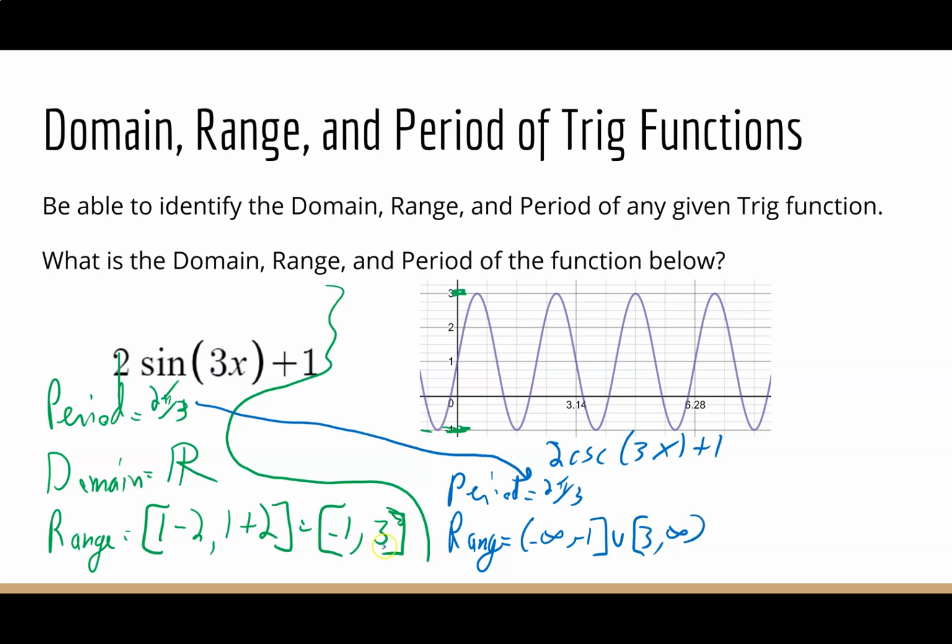So we get those two numbers over there. And then domain, since I saved it for last, is the trickiest one. In sine and cosine, domain is all real numbers. In secant and cosecant, it is all real numbers except the asymptotes. So in this case, x cannot equal